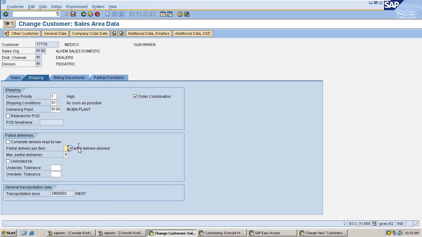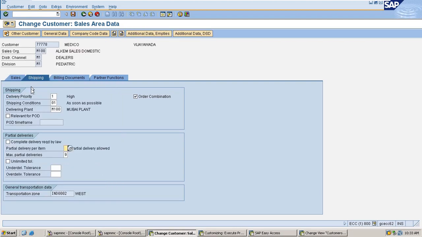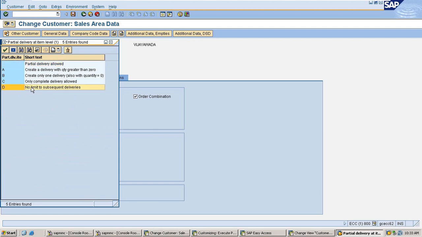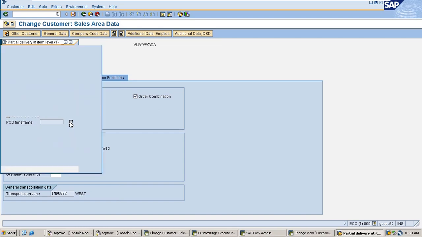If the partial delivery per item is blank, then you can restrict the maximum partial deliveries up to 9. So here the maximum partial deliveries we can restrict up to 9. And if the partial delivery per item is D, there is no limit to the subsequent deliveries.